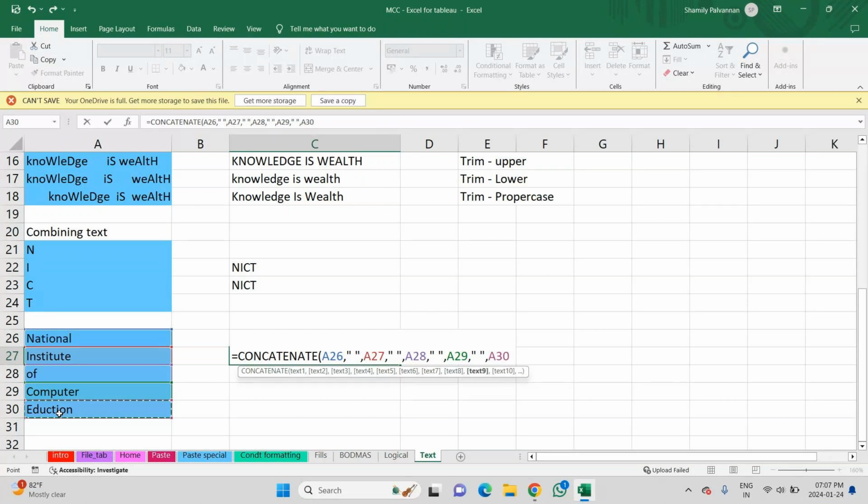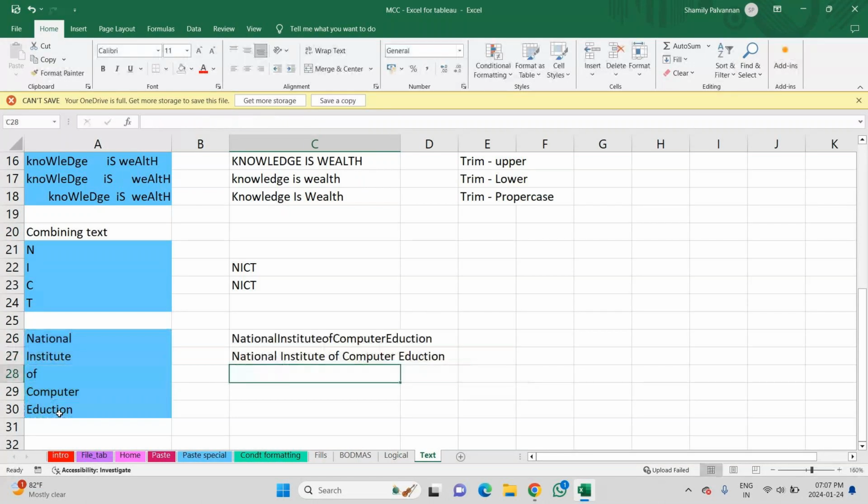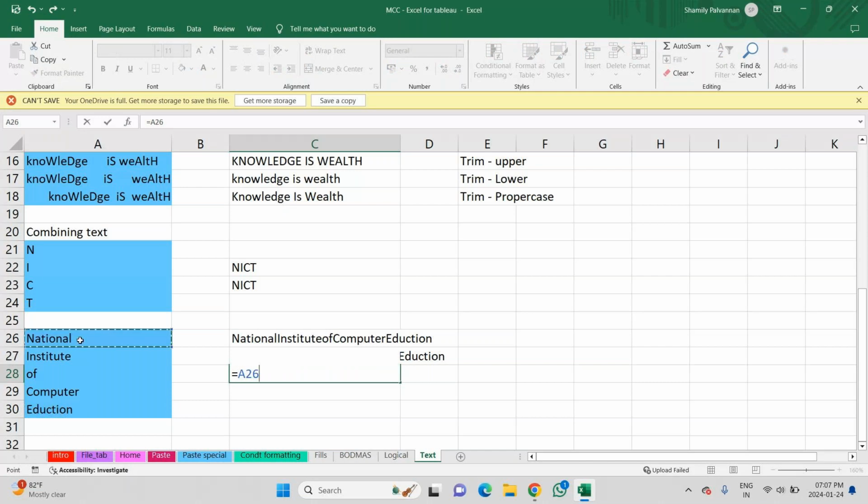So this is how you will be getting it. If you want to use ampersand, yes, you can use the ampersand also. Equals to the first text, then you will use ampersand, then I need again a space, open a double quote, give a space, again ampersand, second text, then I need a space, after this another ampersand, select third word, then again open a double quote, give a space, close the quote, then next text,